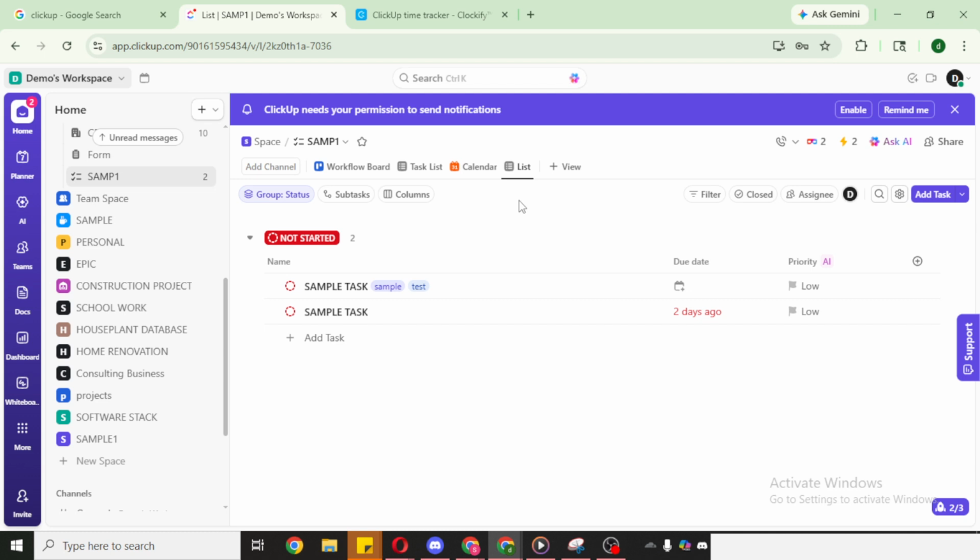Once you've found the correct list, open it to view the tasks. You'll likely see the default view showing active or open items. To bring up the tasks that have been completed, look for the closed option in your task view controls. In most layouts, you'll find a status filter or tabs near the top of the list that include open, all, and closed. Click closed. This switches the view to show only tasks that have been marked done or otherwise moved to a closed status.